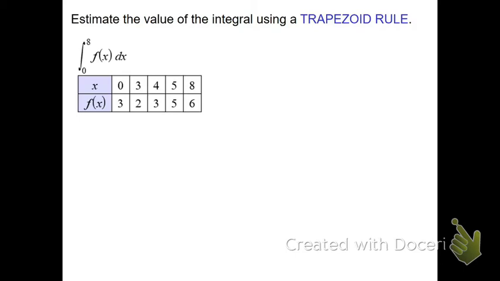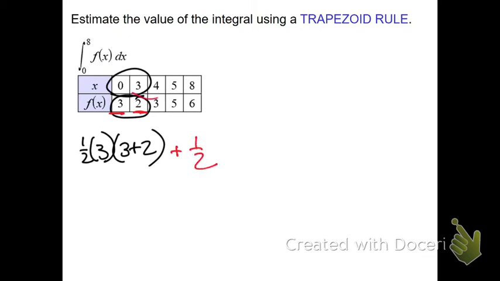So it's going to be 1/2 of the height is 3. Use both numbers. Okay, so for the left Riemann sum, we would have used just the 3. For the right, we used just the 2. For the trapezoid, you use both. But don't forget the formula is 1/2 the height times the sum of the bases for a trapezoid. Okay? Plus